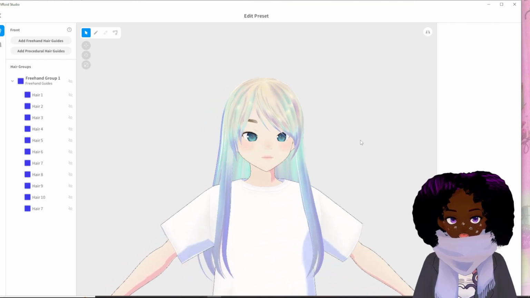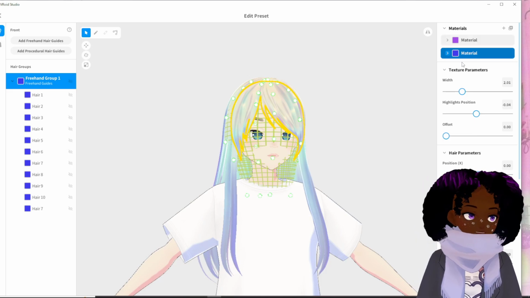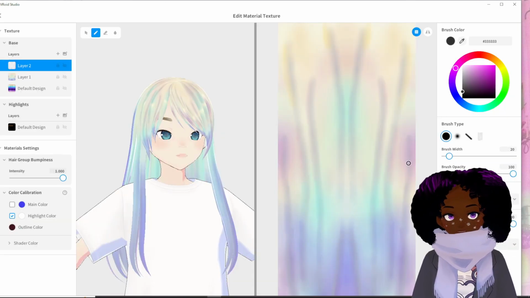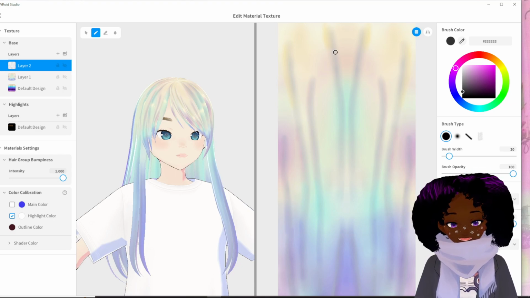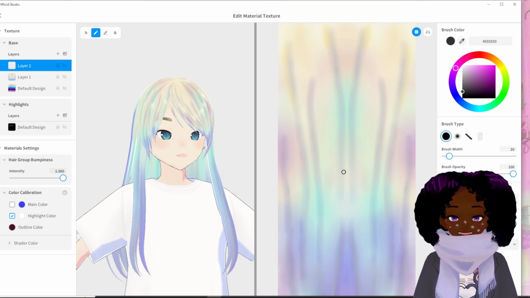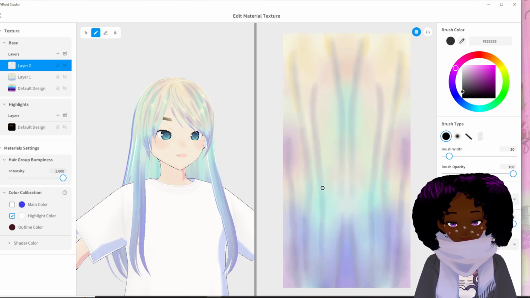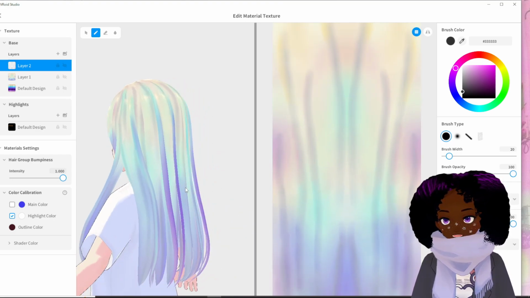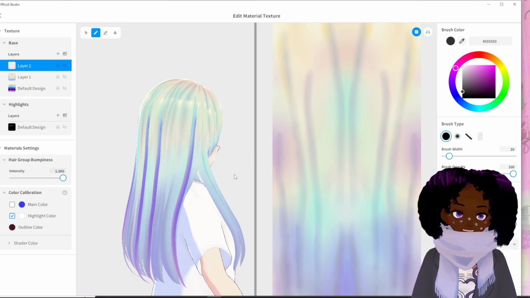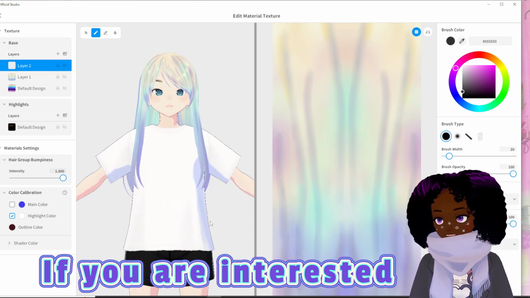So this was my original first attempt, so I will show you what that hair texture looks like. So yeah, basically the same thing. I think this one I kept the lines in a bit more than the other one. But that is one way of doing it. And then another way, I think I will show you in another video of how to do hair textures in a bit more of a detailed way.